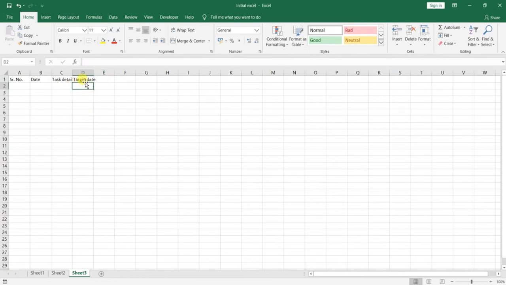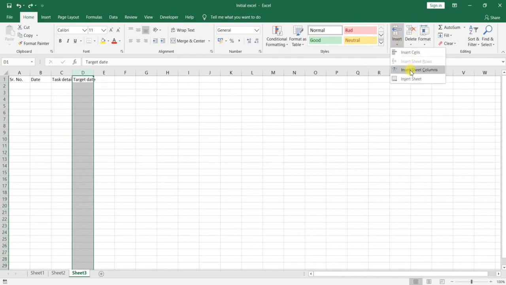Now at this point, unfortunately you missed one column. So how can you add this? There are two or three methods. Over here, on top of your Home button, you can just press Insert. It will automatically insert a column to the left of whatever the selection is. So again I am doing Ctrl Z, and over here Insert Sheet Columns, right?